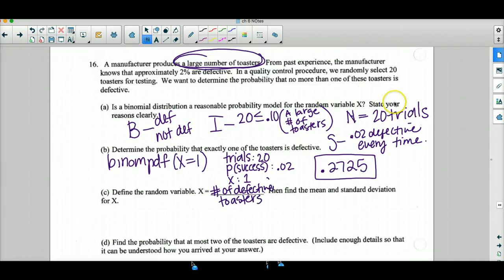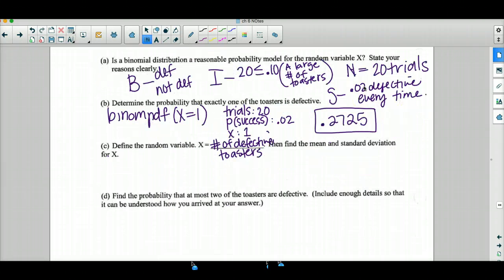And it says then find the mean and the standard deviation for X. Well, remember the mean is the probability of a defective toaster, which is 0.2, times the number of toasters we're going to test, which is 20. So the mean number of defective toasters is